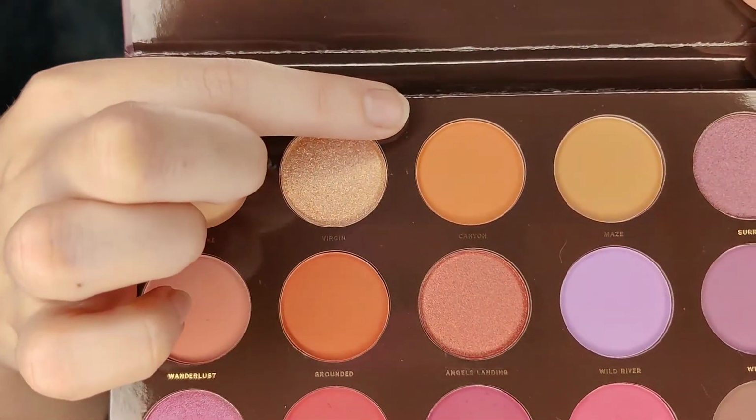Okay, we have that Wonderlust shade laid in this arch. It's such a pretty kind of soft pink shade. Definitely reminds you of like a rock structure, as weird as that sounds. It's definitely on point for the shades that they're going for. I like it. Alrighty, we're gonna go in with this orangey canyon shade and we're just gonna lay this and